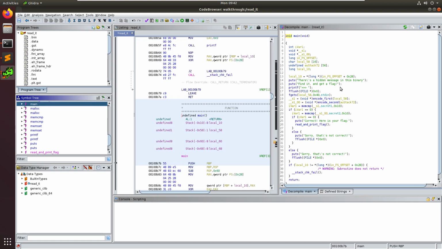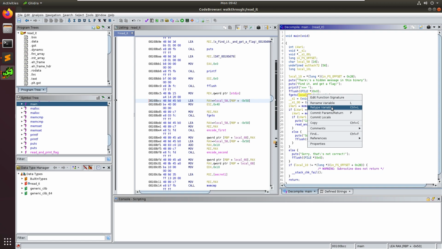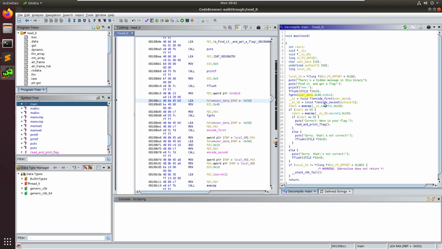We go to main. Looks like they say there's a hidden message in the binary, find it and get a flag. They read some stuff from standard in. We'll call that user data. They encode first the user data, and then they encode second something else. So it looks like what's actually happening here is your user data, they read in hex 40 bytes,